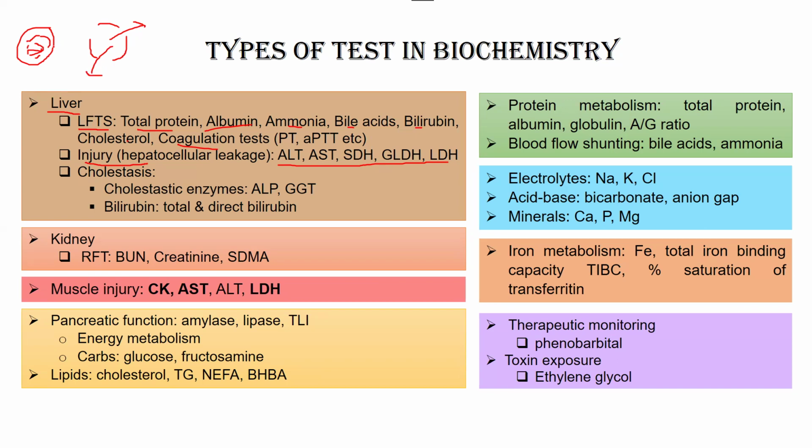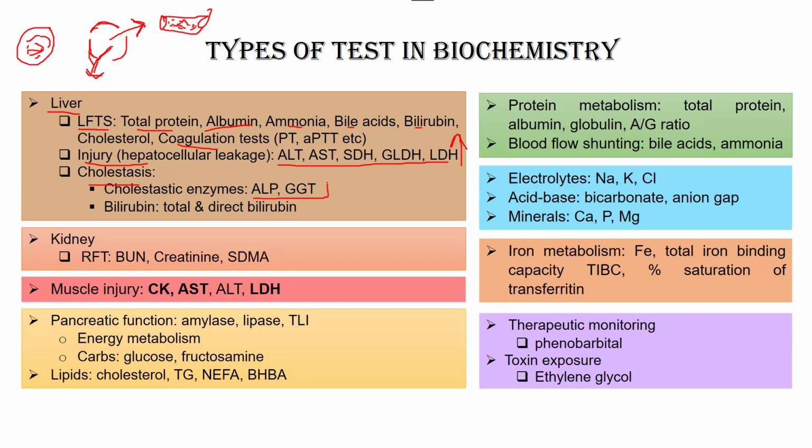With injury, the membrane of the liver cell is broken and the enzymes leak out. When these enzymes leak out, they go into the blood vessel and their level in the blood increases. So you take a blood sample and you measure these enzymes, and their level is increased. So it detects hepatocellular leakage. That will tell you that the hepatocytes are being damaged. There is an injury. And then we have the third category, cholestasis.